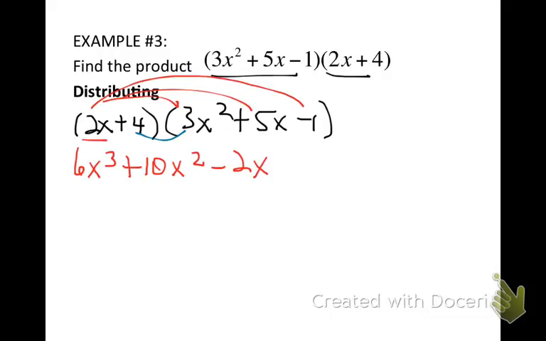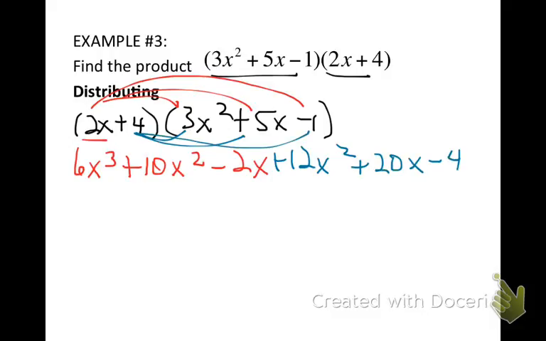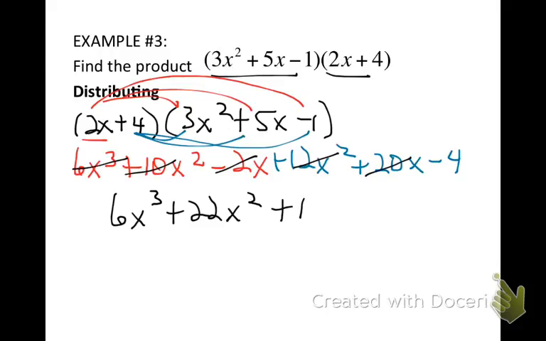Now move to your second term and multiply it by everything in that whole second expression. I'm going to use blue. So plus 12x squared plus 20x minus 4. Now we can combine, and we should get what we got using the box method. So I'll end up with 6x cubed, 22x squared, 18x